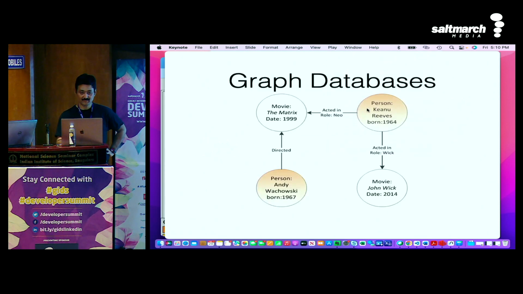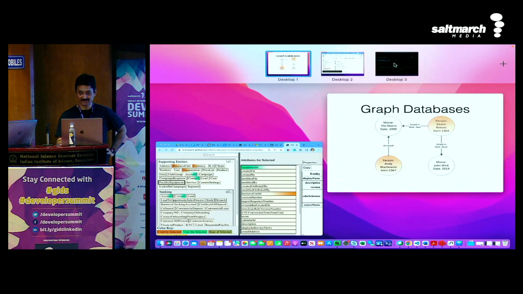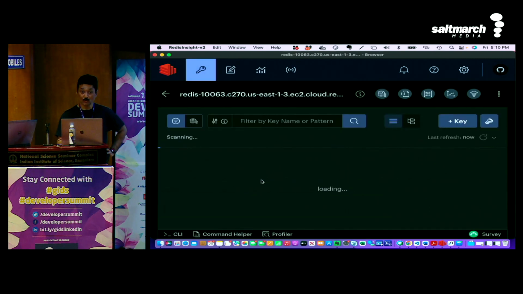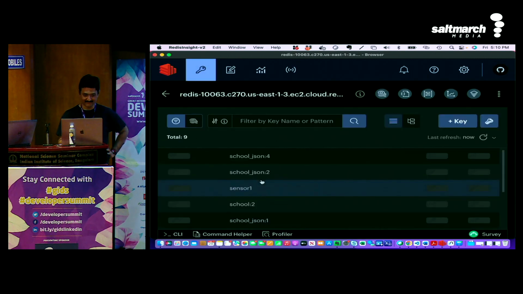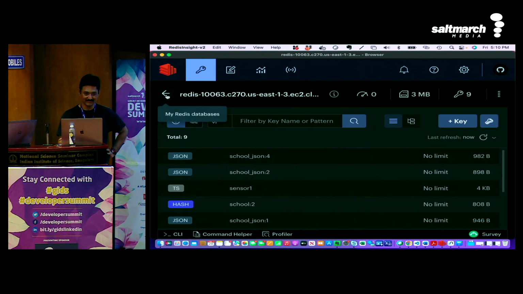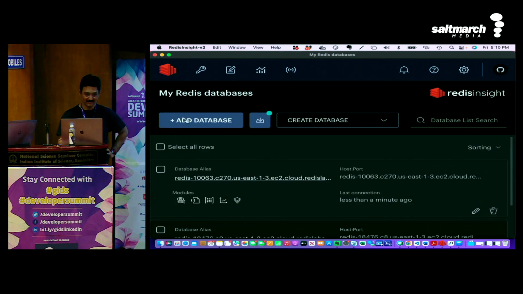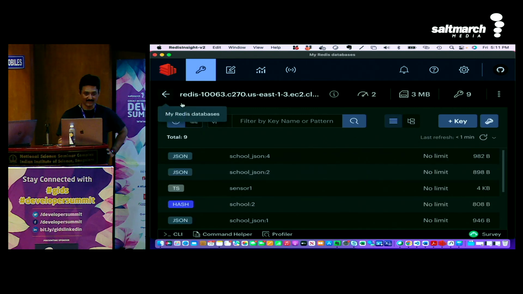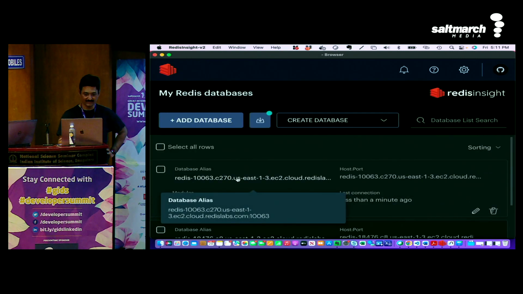Okay. Let's see if this works. Ooh, well, it's trying, it's connected. That's a good thing. That's promising. Okay, so I'm just going to go in here and then try it out using this particular server.